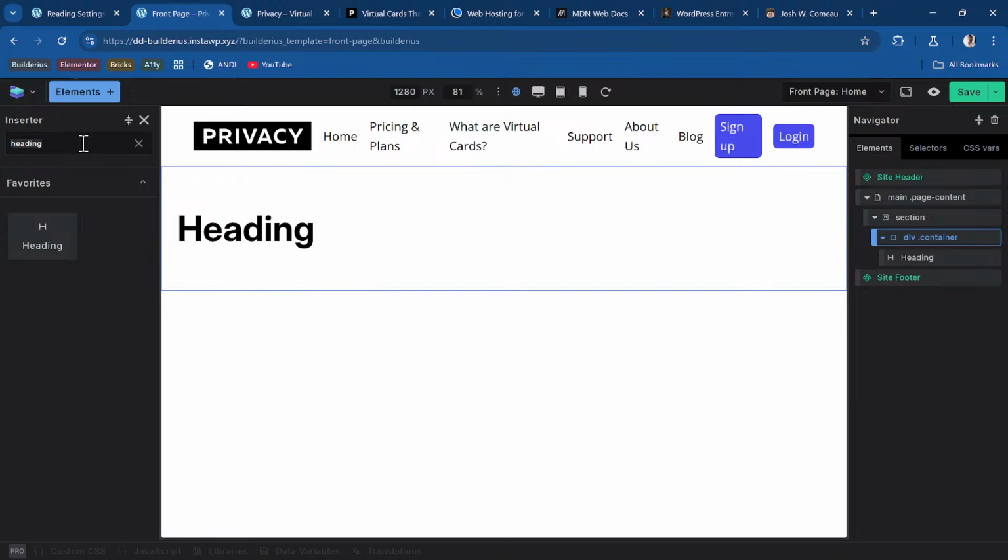The only thing is that the hotkeys like Control S and some other shortcuts are not working currently. But hopefully they will bring the shortcut keys soon. Then okay, we have the heading. The next thing we want is a button. So let me search for a button